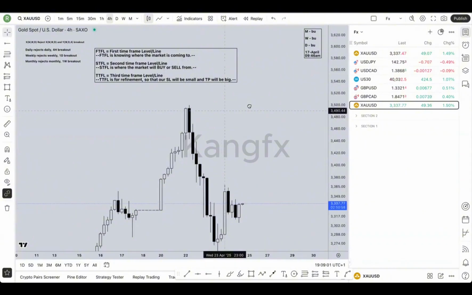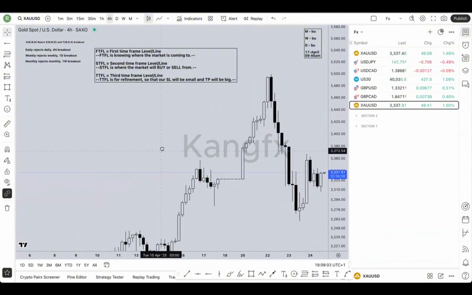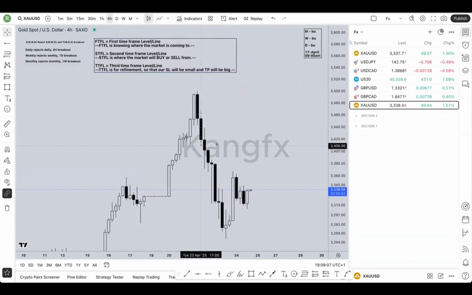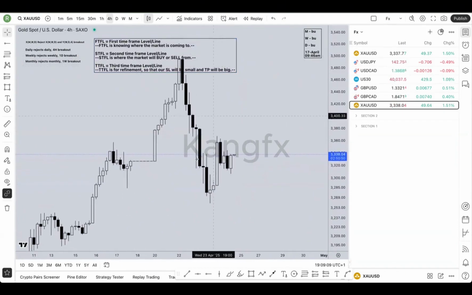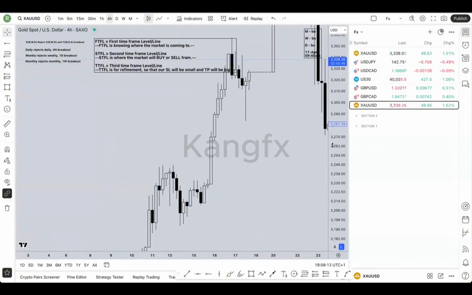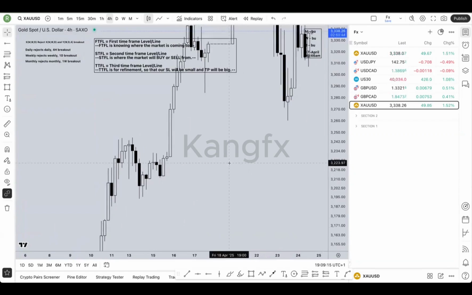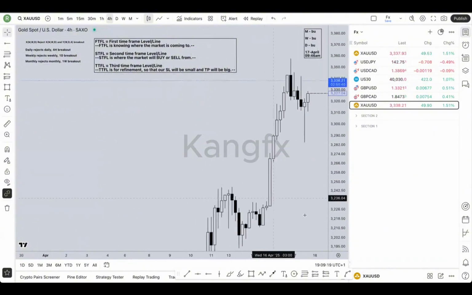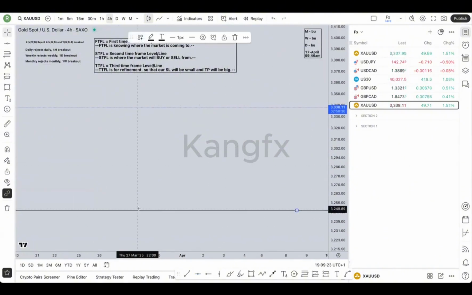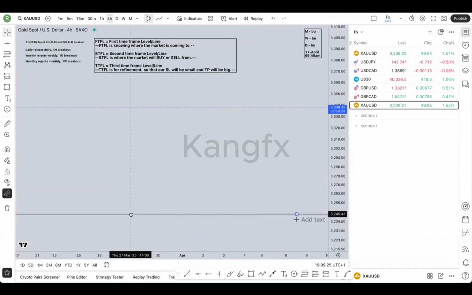Now, let's say we have a storyline that just played out. So I'm going to look for a storyline that just played out, and I'll show you how to mark the FTFL. Okay, before I do that, I'll do this. When marking the FTFL, I'm going to say if here was the key level that did the rejection and there's